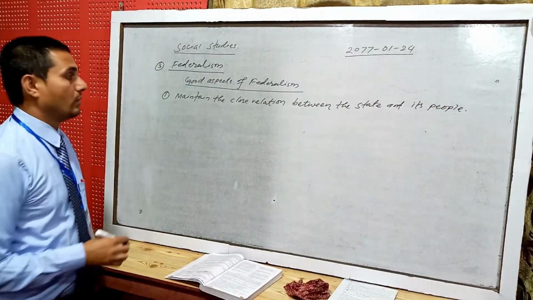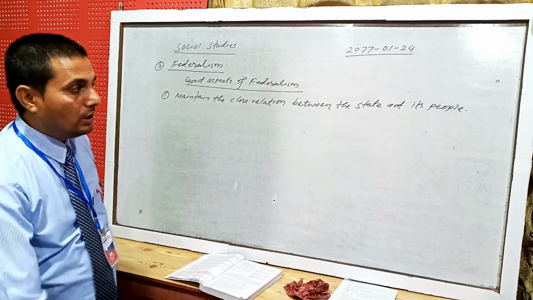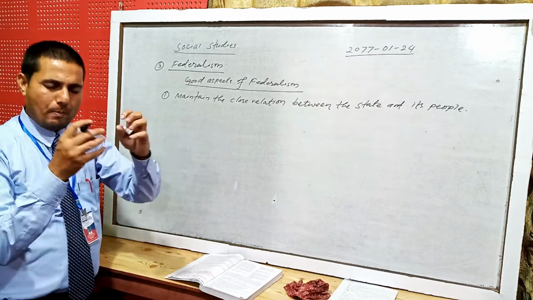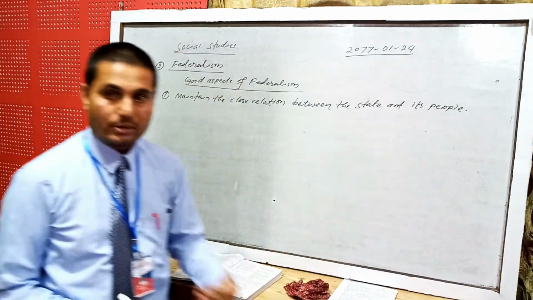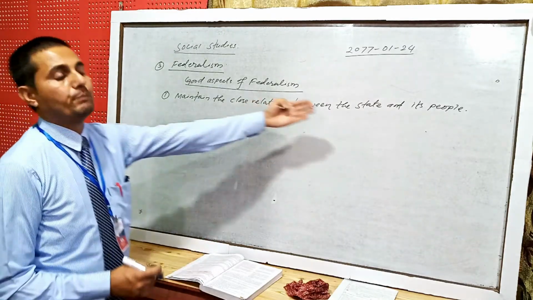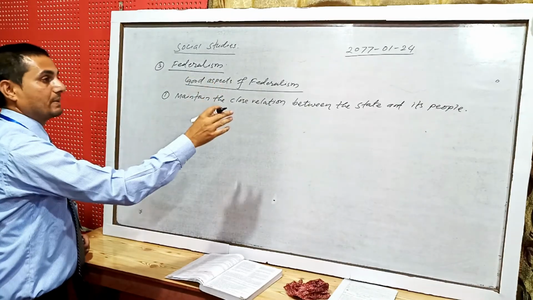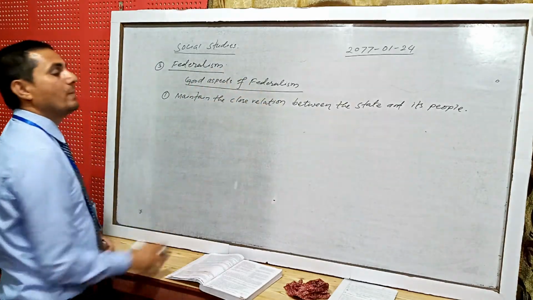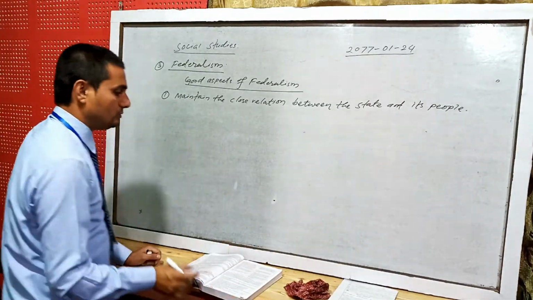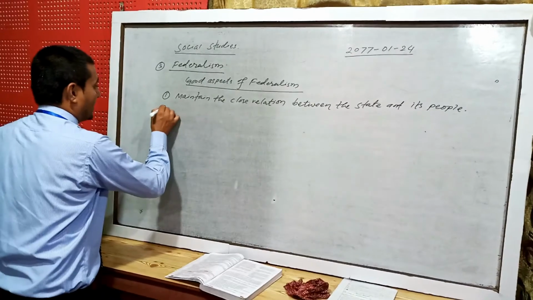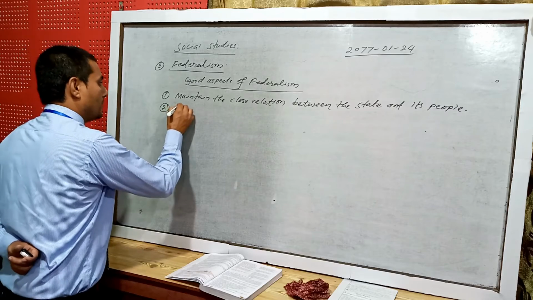In federalism, central government is more decentralized, due to which it maintains the close relation between the state government, or the provincial government, and its people. Another very important good aspect or advantage of federalism is to maintain the close relation between the state and its people. Similarly, the second important aspect of federalism is